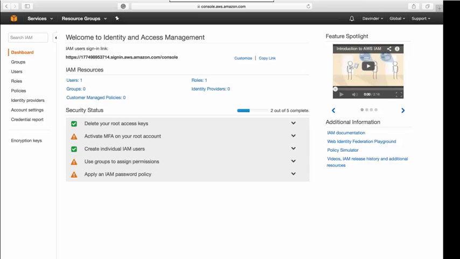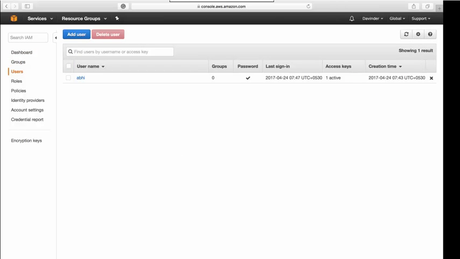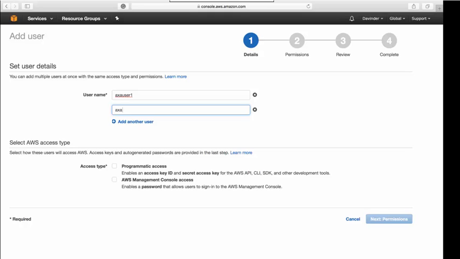Before starting anything, we can create one of the instances. You know how to create a normal user, and then we will see whether the normal user can log in or not. So I'm creating one more user, add a user. Let's take an example: X user 1. I'm creating two or three users at one time: X user 2,